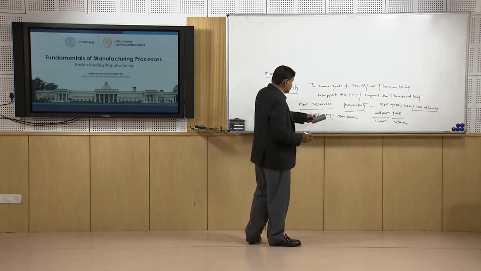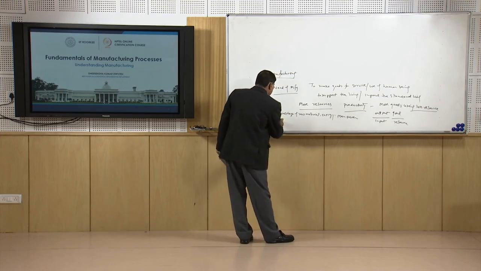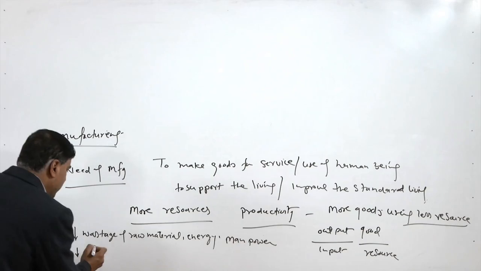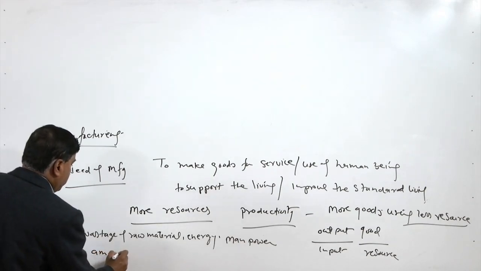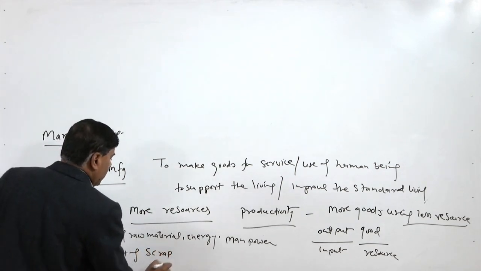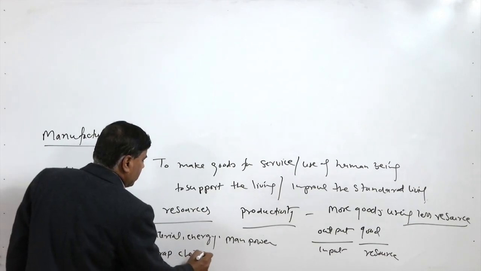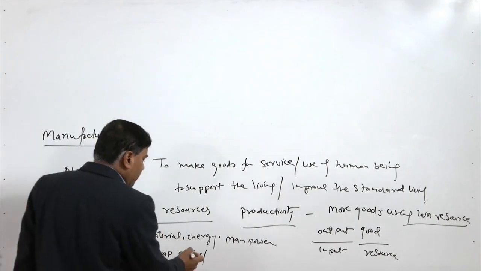So, these wastages need to be reduced, this is one, and reducing the wastage like decreasing the amount of scrap, which is especially in the form of chips or material which is just wastage and cannot be used for any purpose after machining, or